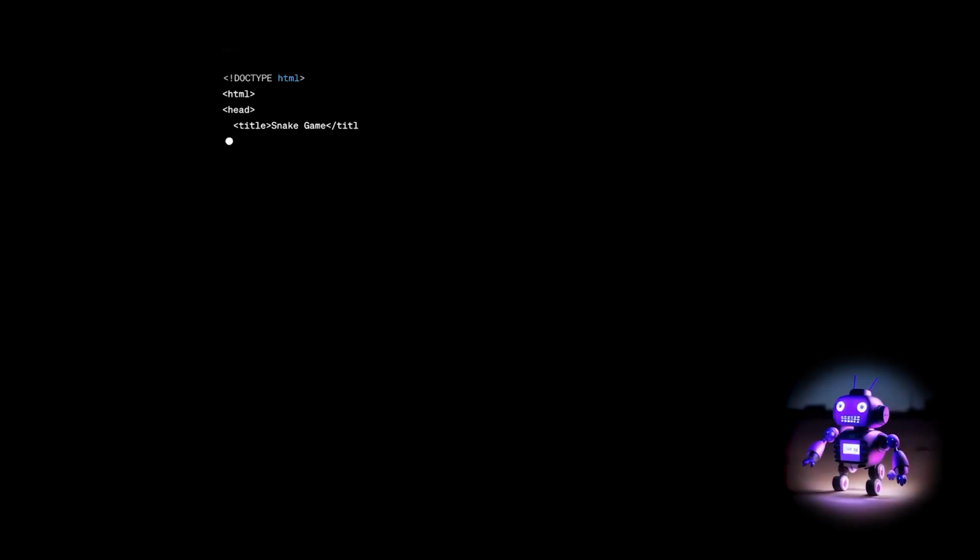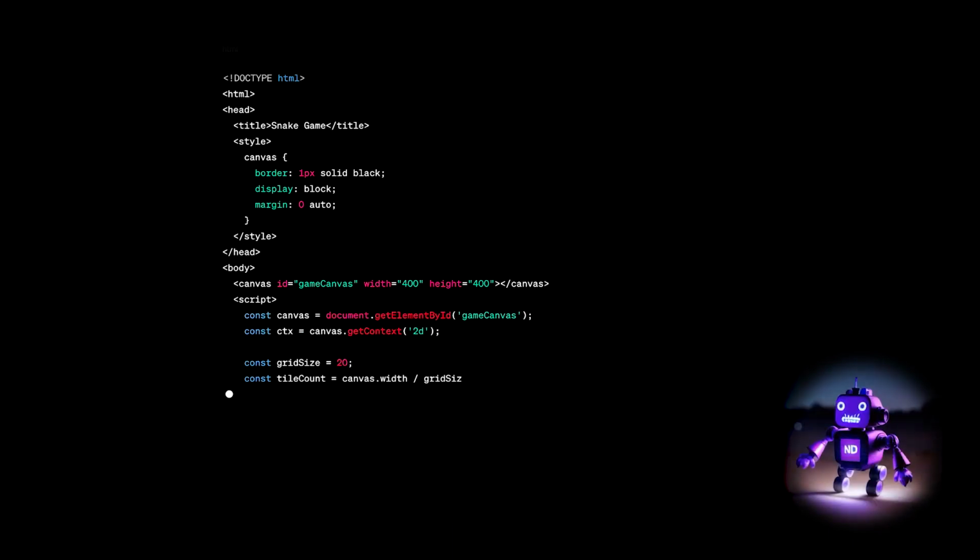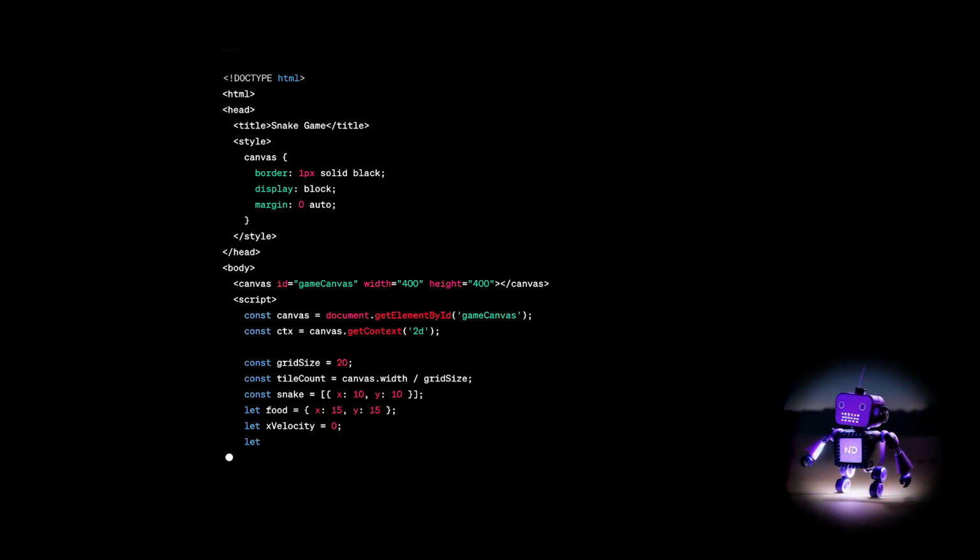Beginning with the HTML portion, we establish the structure of our game interface using a canvas element. This canvas serves as our drawing surface, allowing us to render graphics dynamically using JavaScript. Moving on to the JavaScript section, we initiate by fetching references to the canvas and its context. This context enables us to draw shapes and text on the canvas, crucial for creating the visual elements of our